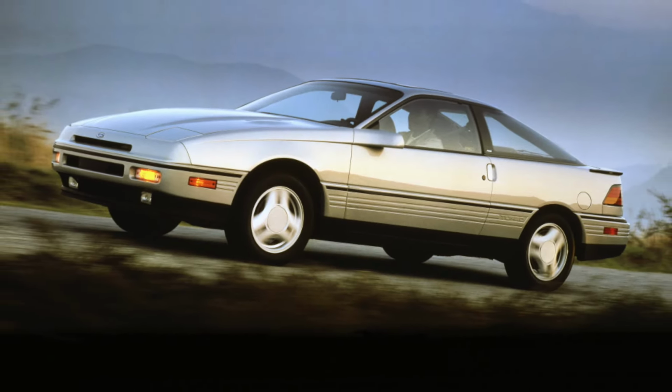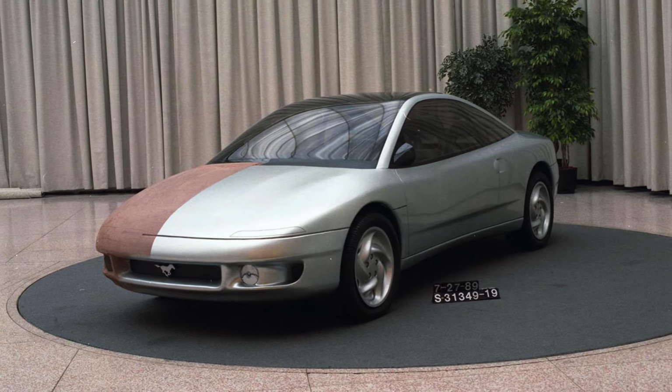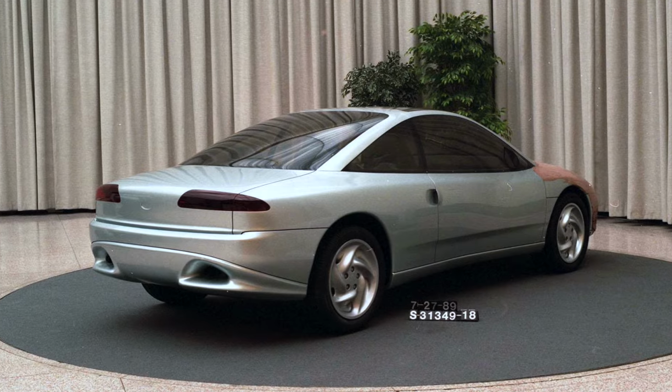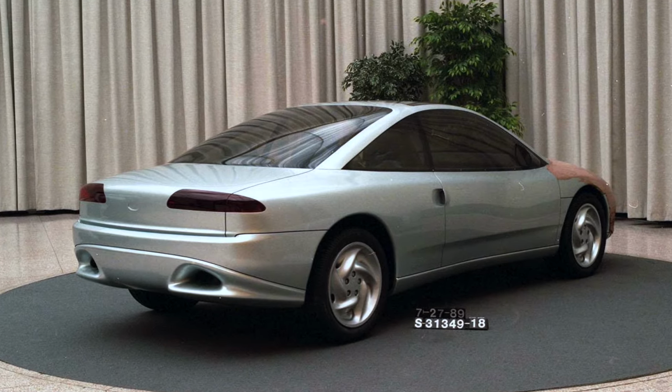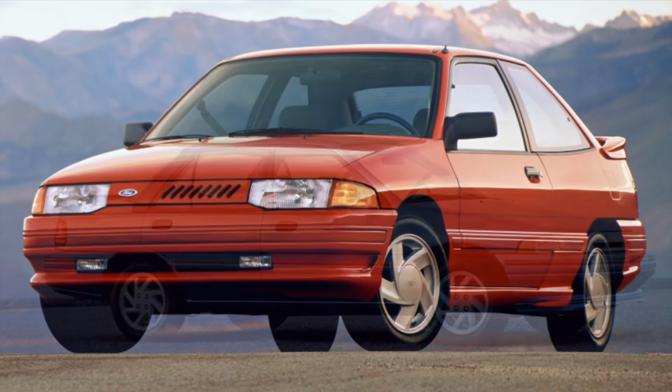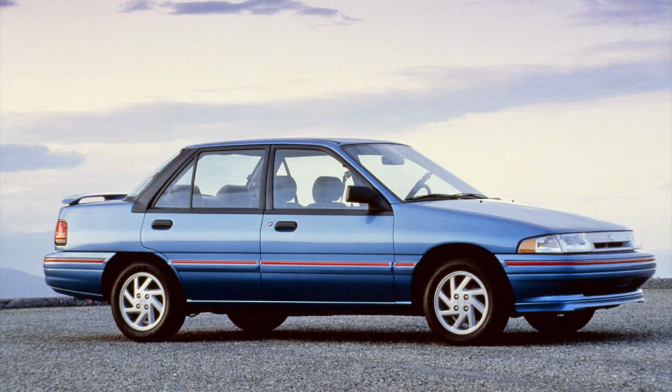It later became the Ford Probe, and after the introduction of the 1989 Probe, Ford had a limited budget to develop the next generation Mustang. They came up with an idea to use the front-wheel drive CT-20 platform that underpinned the 91 through 96 Ford Escort and Mercury Tracer. They did change course when they learned that General Motors had abandoned a plan to develop